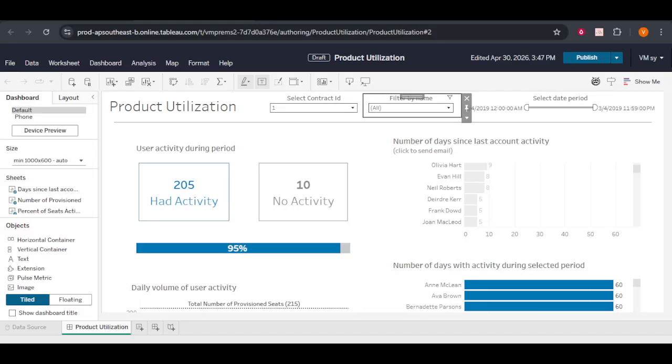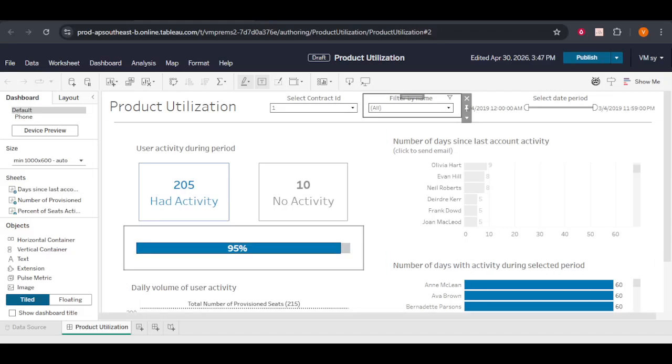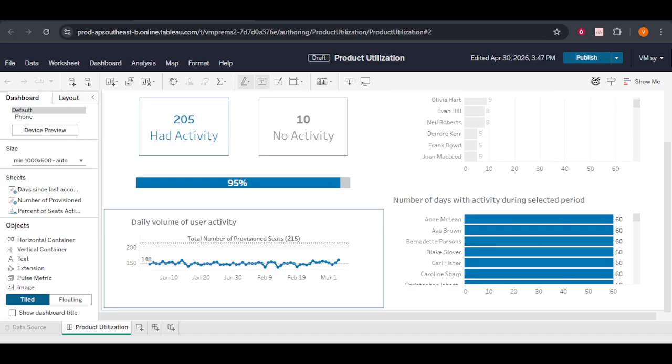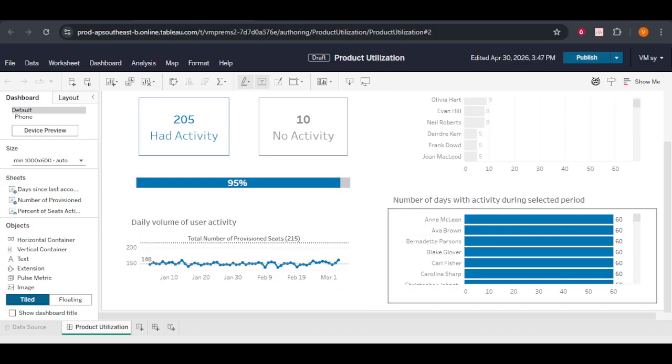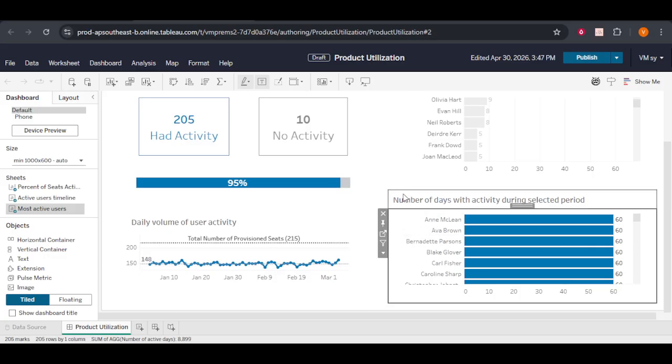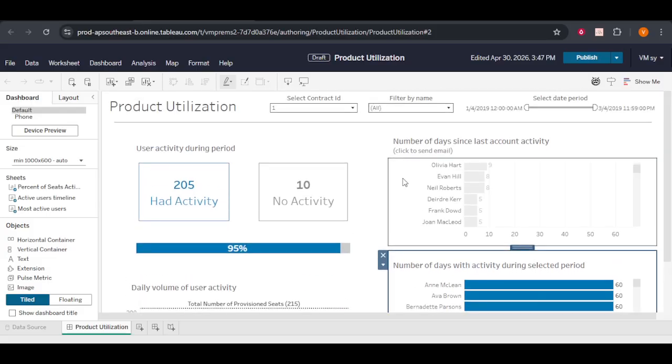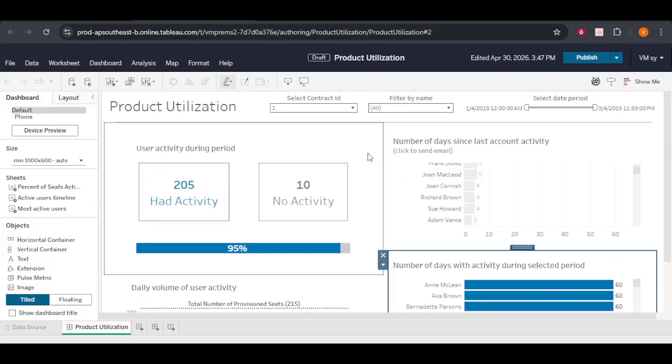In this video, I'll guide you through how to create a filter drop-down in Tableau. Whether you're new to Tableau or looking to refine your skills, understanding how to effectively use filters can significantly enhance your data visualization and analysis process. So let's dive in and see how you can easily set up a filter drop-down to make your Tableau dashboards